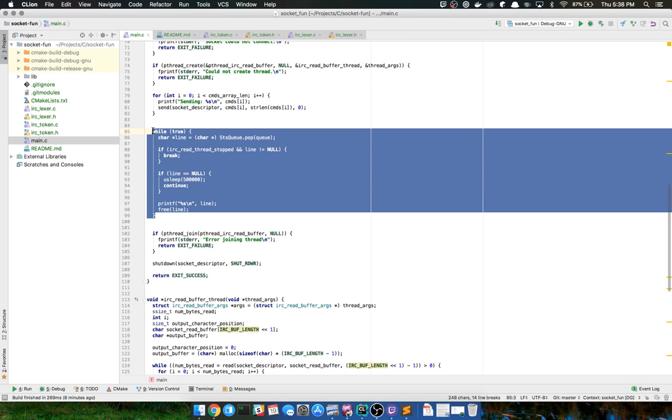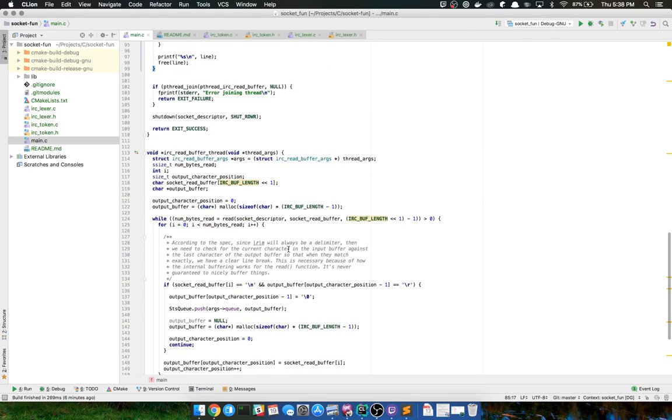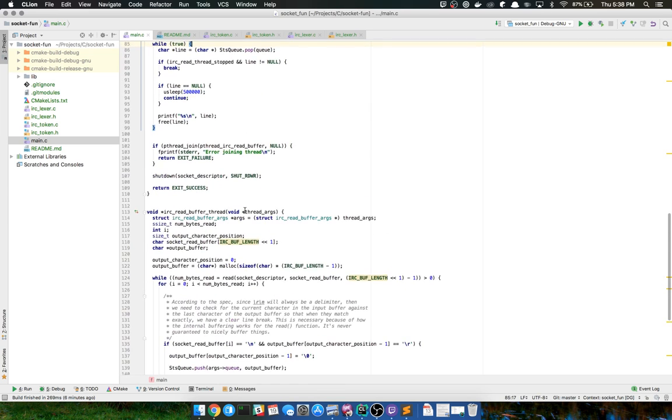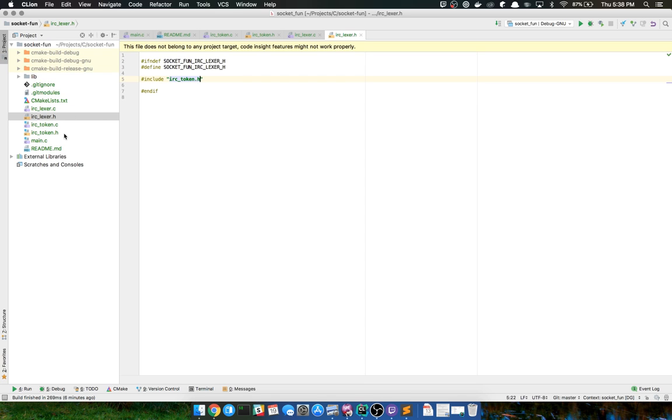But recall that our lexer is going to run into issues because this is going to be running on a separate thread from the read. I don't know if I'm decided yet whether or not I'm going to create some sort of an abstraction for my read buffer thread to just extract it out and abstract it out. I haven't decided if I'm going to do that just yet, so I'm just going to move along to the lexer and try to establish that.